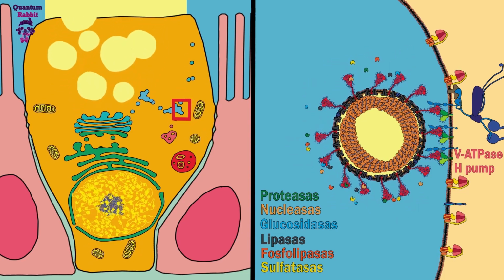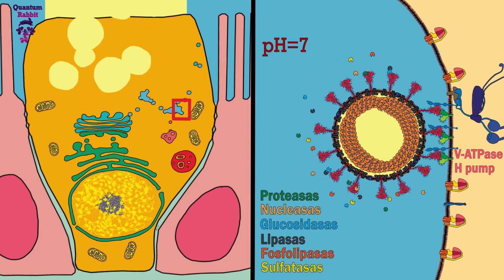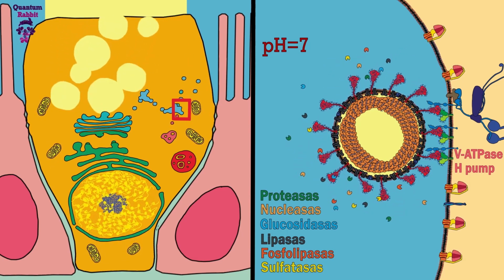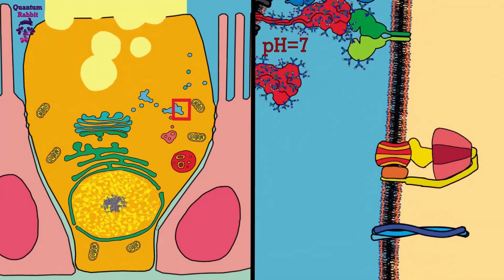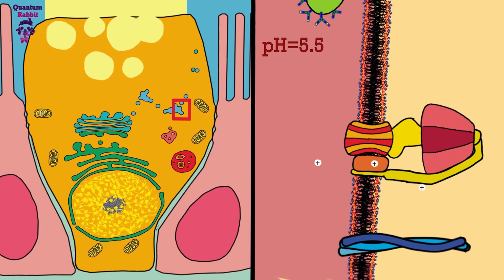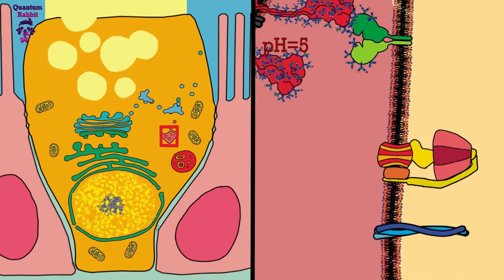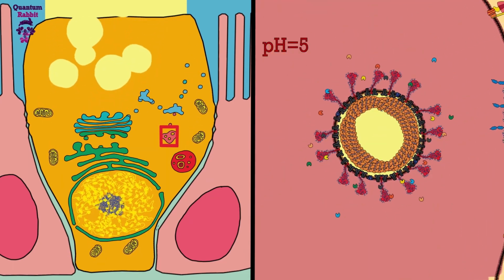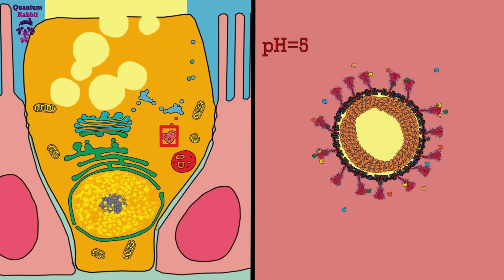But these enzymes work best at a pH less than 5, and the pH in the early endosome is 7. To activate them at their maximum rate and begin to degrade the contents of the endosome, proton pumps gradually raise the concentration of protons inside the endosome, lowering the pH to 5. With a pH of 5, the endosome transforms into its mature form. The spike proteins separate from their receptors at acidic pH, and the acid hydrolases begin to degrade the macromolecules inside